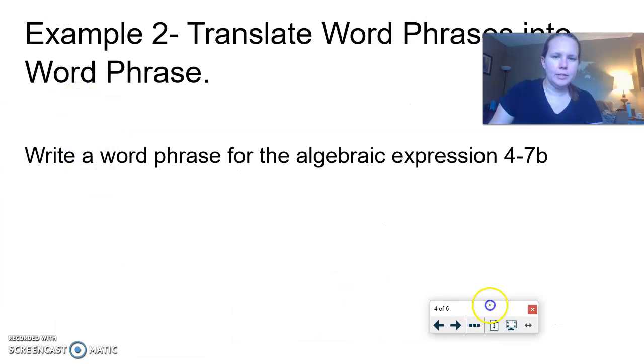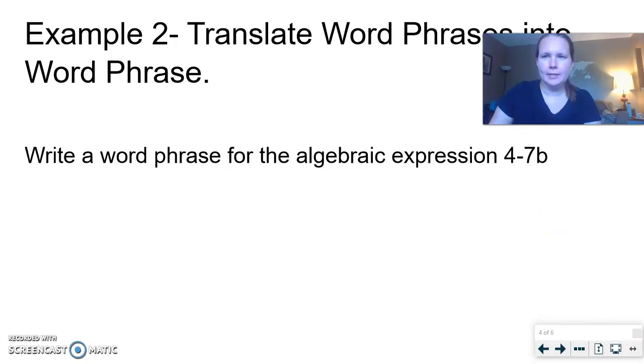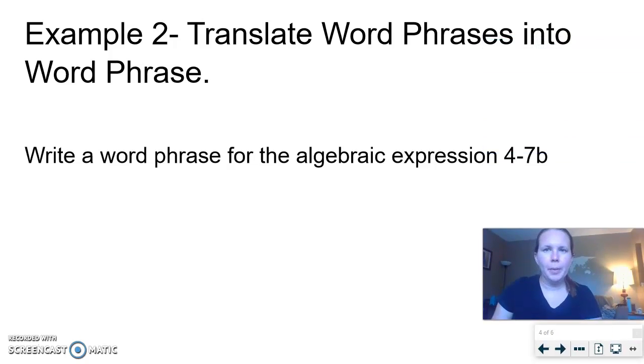Let's look at part 2 then. 2 then is having me go backwards from what we were just doing. So we're going to translate word phrases into word phrases. I think this was supposed to be algebraic expressions into word phrases. My bad, guys. So what we need to do is write a word phrase for the algebraic expression 4 minus